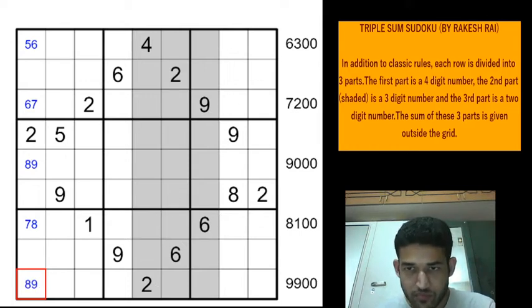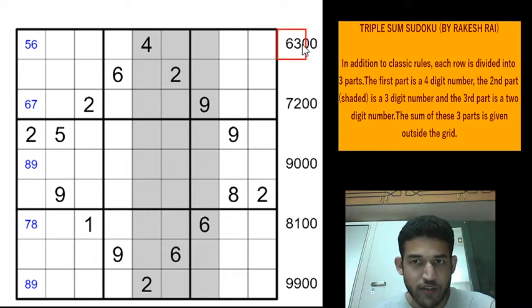Before that, let's have a look at the terminology that we'll be using in this video. The rightmost digit is the units place. The digit to the left of that, or the second digit from the right, is the tens place, and the third digit from the right is the hundreds place, and the fourth digit from the right is the thousand place. This terminology will be repeatedly used during the course of the video.